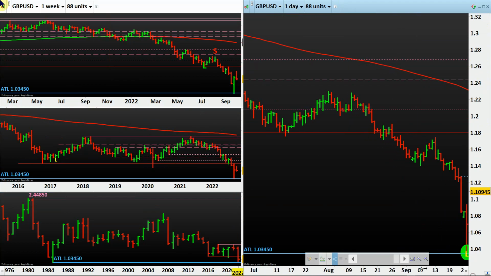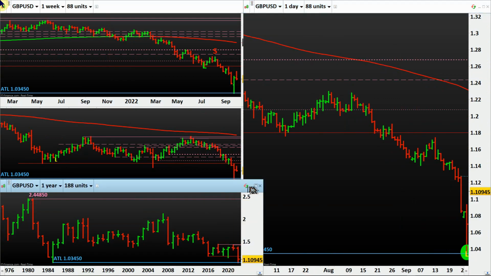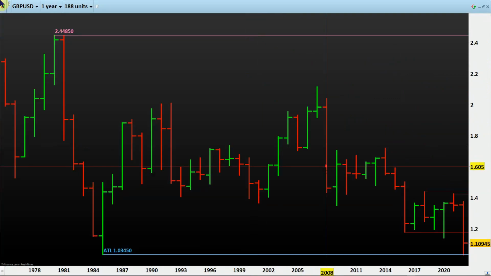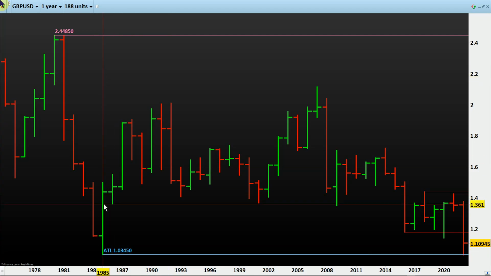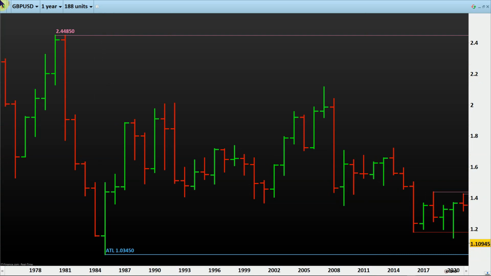All right. Okay. So now this is a magic that happened here, not a magic, a simple thing which happened repetitively. It happened tens of thousands of times. So the all-time low for GBP was 1.0345 in 1985. Do you agree? Yep. And price did whatever it did, and then price came here.